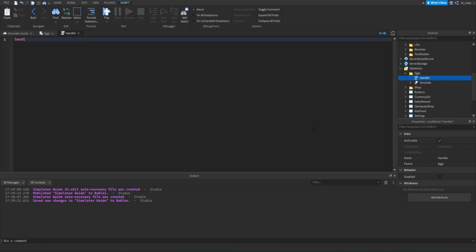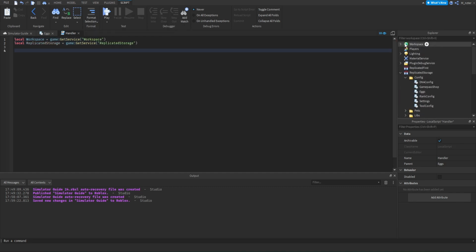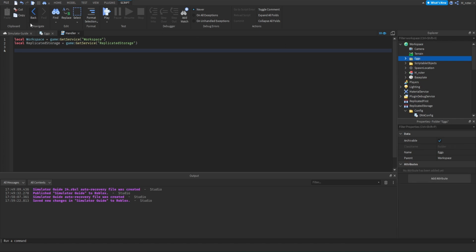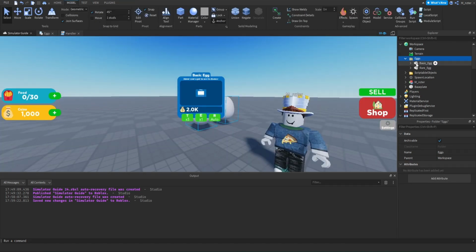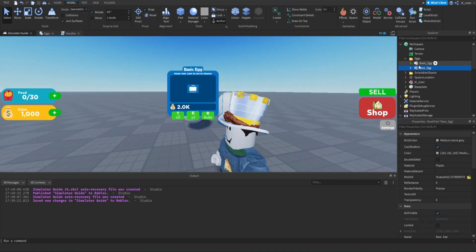Then inside of here, we want to get the workspace service. So we're going to say local workspace equals game:GetService("Workspace"). And we're also going to get the ReplicatedStorage as well. Now we need the workspace because we want to actually get the eggs folder right here, which holds all of the egg models that we're going to want to add a GUI to,